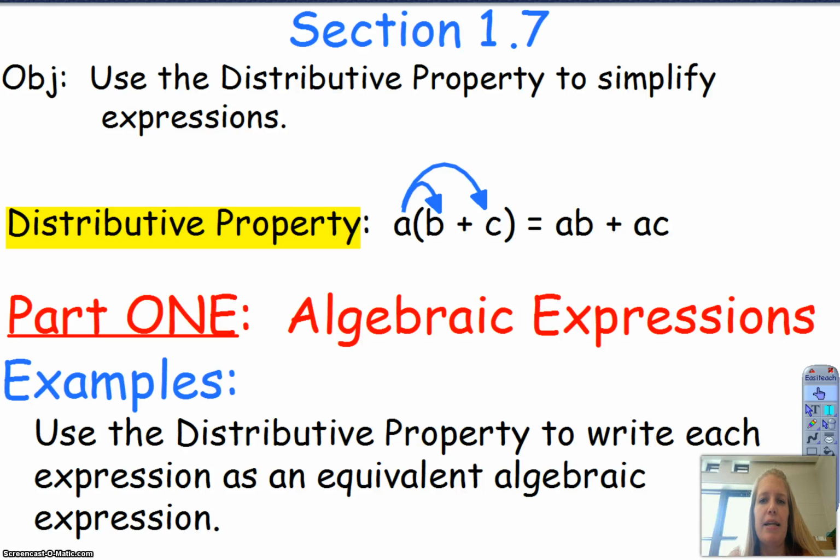All right, hi guys, this is section 1.7. Please write that at the top of your notes, and it's about the distributive property. And the distributive property is basically when you're multiplying that A or that number that's outside the parentheses to everything